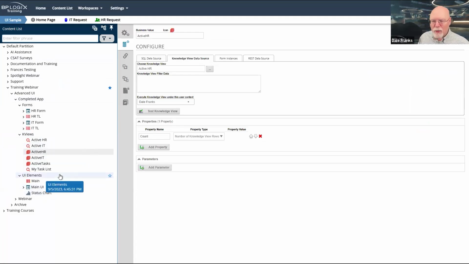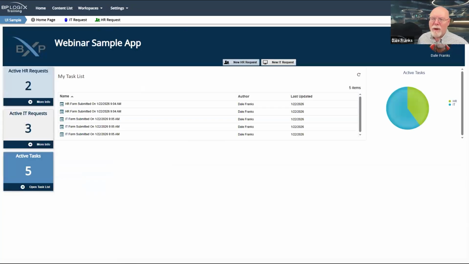So all I need to do for these business values is to grab the number of knowledge view rows. I have connected them to the knowledge view. I've provided myself as the user whose context under which this knowledge view will execute, so that anybody who needs to open this form, which means anyone in the organization really who has access to this workspace, they all need to be able to run that knowledge view.